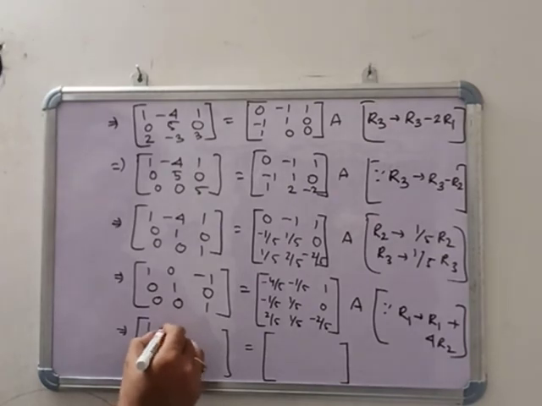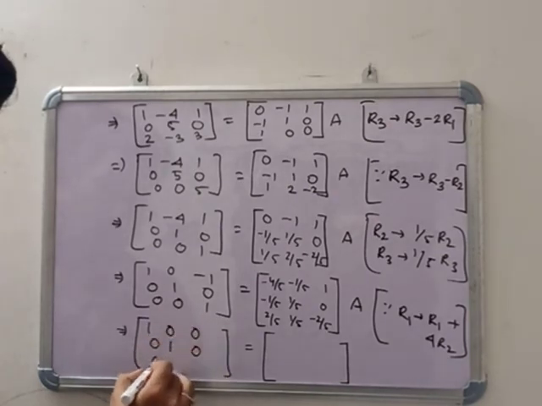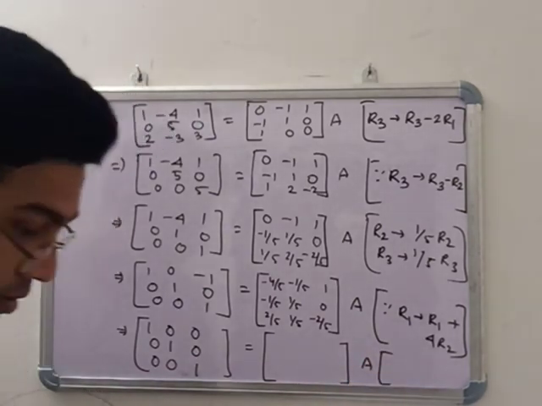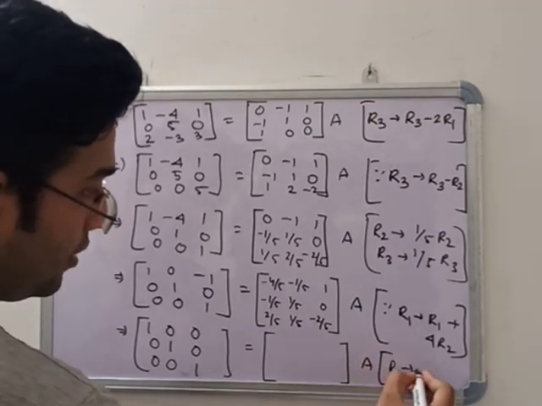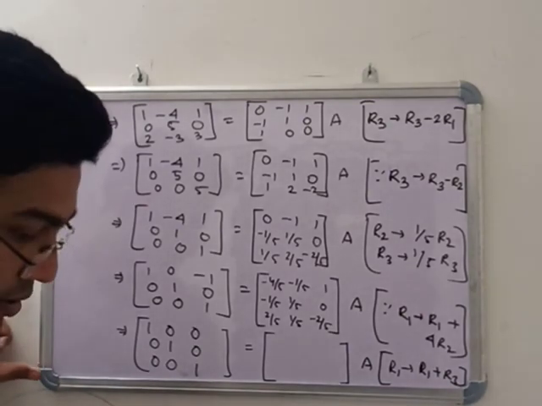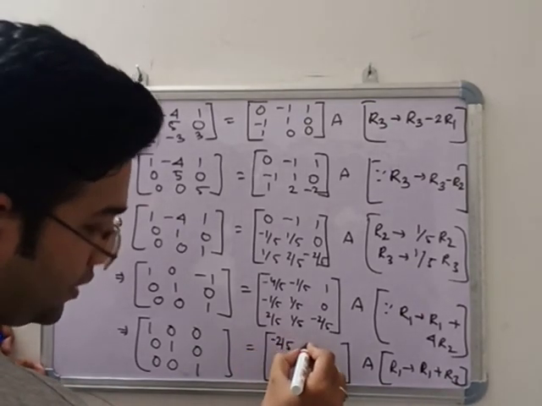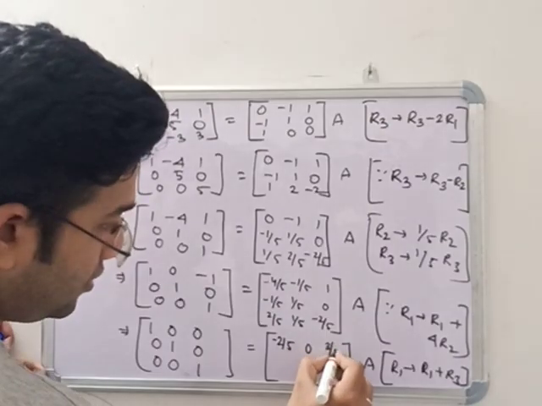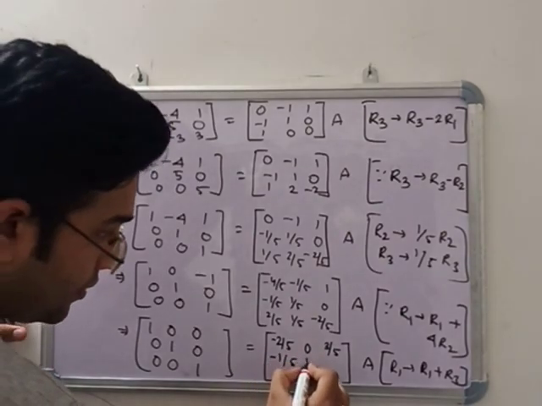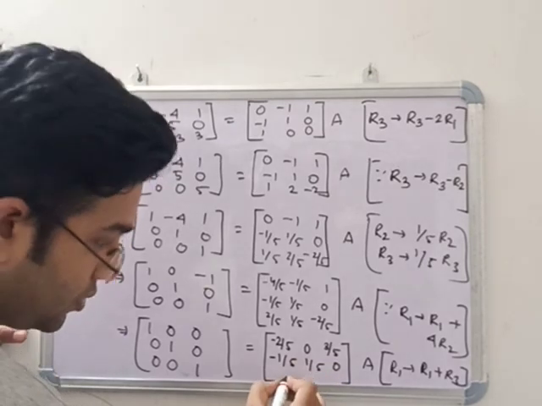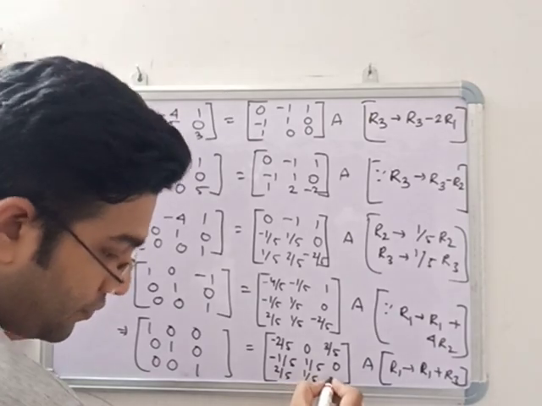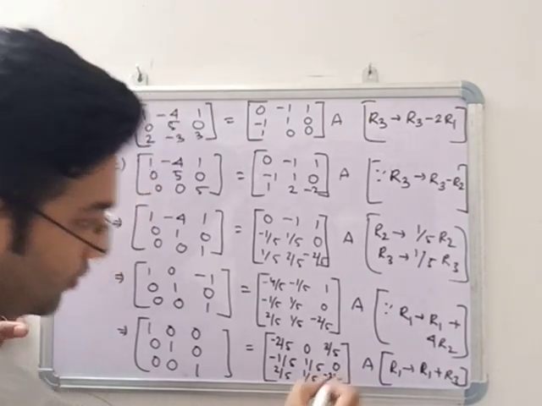So 1 0 0, 0 1 0, 0 0 1. A equals, we are applying row 1 plus row 3. And the right hand side is minus 2 by 5, 0, 3 by 5, minus 1 by 5, 1 by 5, 0, 2 by 5, 1 by 5, minus 2 by 5. Okay,